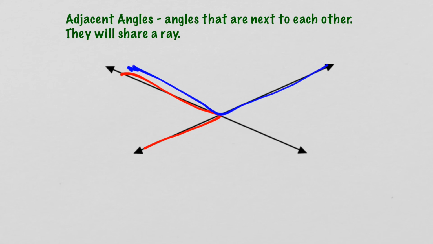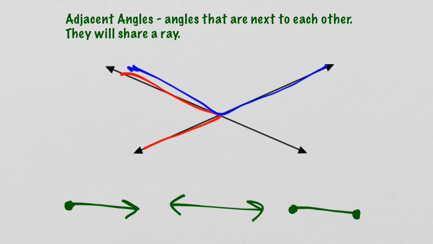Now, if you forget what a ray is, you've definitely talked about that in the past. There's different kinds of things when we talk about geometry. A ray has a dot on one side and an arrow on the other. That's different from a line, which has arrows on both sides. You may also remember there's something called a segment, which has dots on both sides. So when we talk about a ray, we are referring to having a dot on one side and an arrow